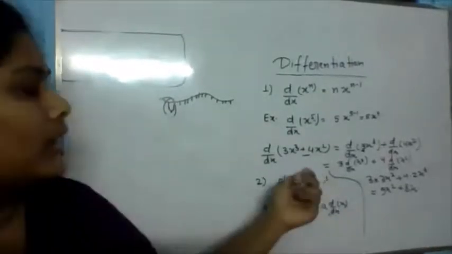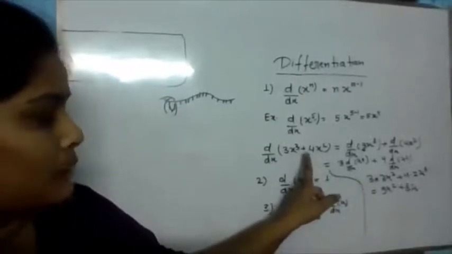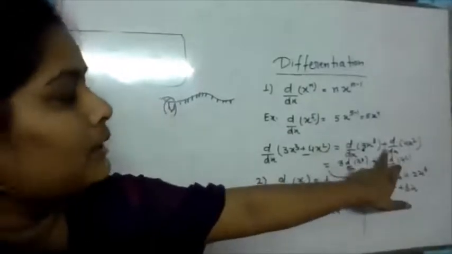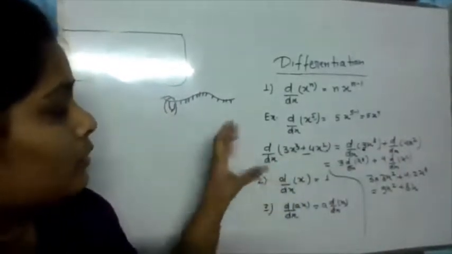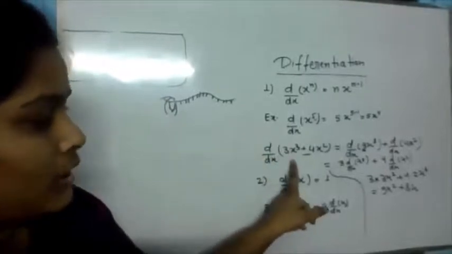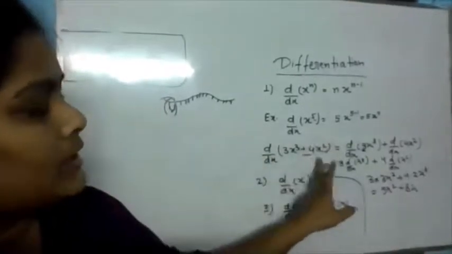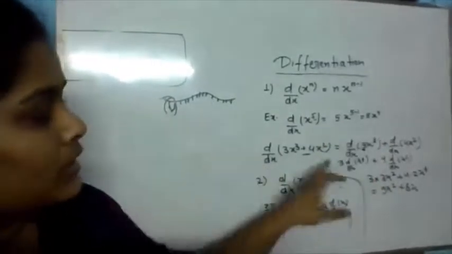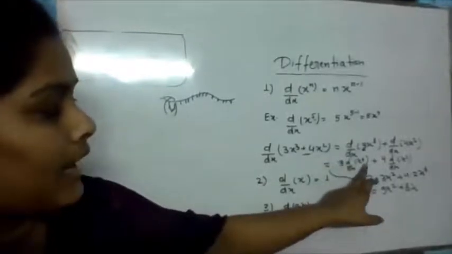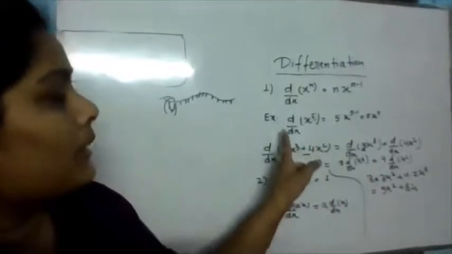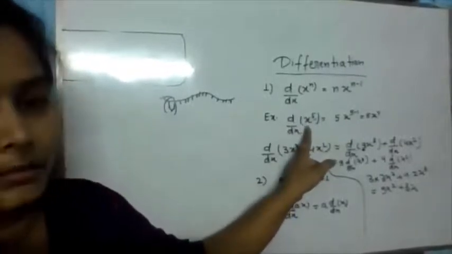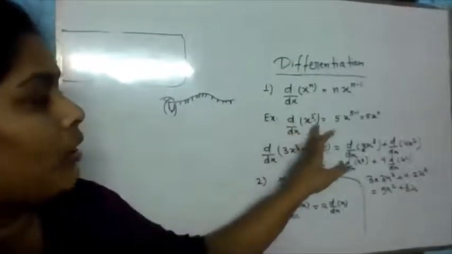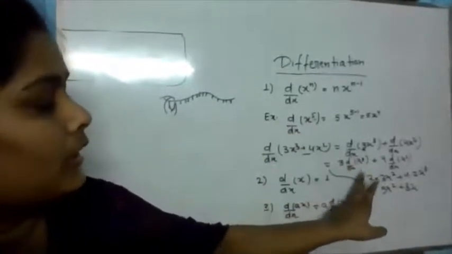Is this clear? See, if we have any operator, maybe here subtraction, then we will use minus here. Because here is plus, we are putting simply plus here. Just put this operator with the first function plus put this operator with the second function. Now 3 is constant, so we take out this constant 3 d upon dx of x cube, because we can only operate this operator on the same variable. Here is also x and here is also x. So we can operate this operator on the same variable. So d upon dx of x cube.